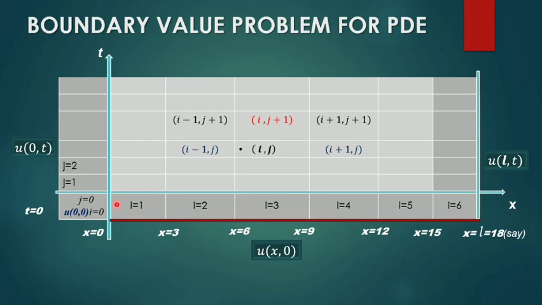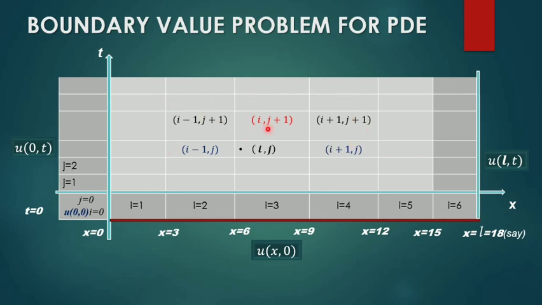Similarly, along this direction, you will have the t value. t increases, and the number of increments is given by j. j takes the values 0, 1, 2, 3, etc. The increment in t is denoted by k. You add that value step by step. So now we can see what the mesh points are. These boundary values and the initial values are given. From these values, we are going to find the value of u at the internal points.